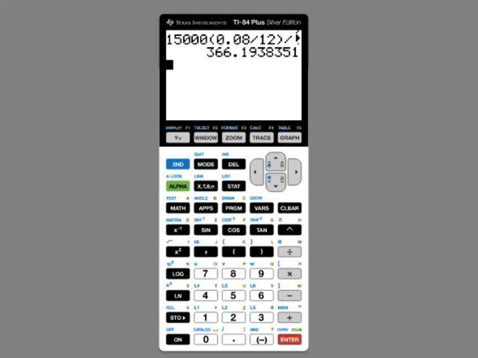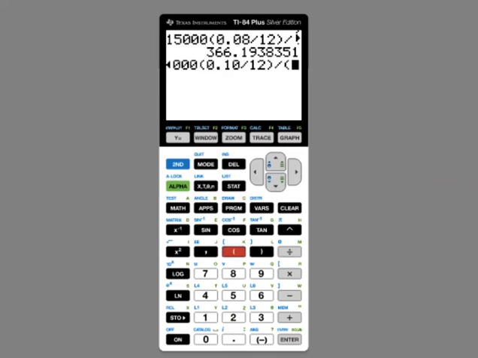All right, and then I'm gonna enter the second one and then bring all the values back into the main part of the working area. So the second loan, that means the second option of the loan, is 15,000 and then multiply by the quantity R over N, which is 0.10 divided by 12, close it, and divided by